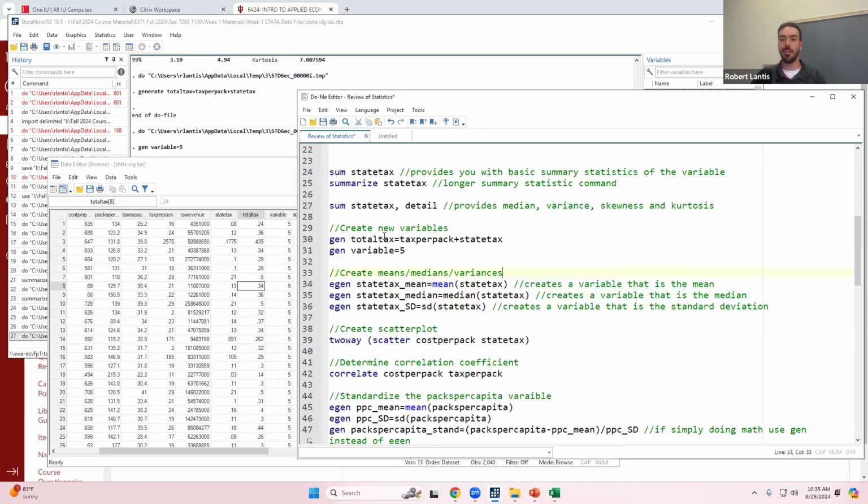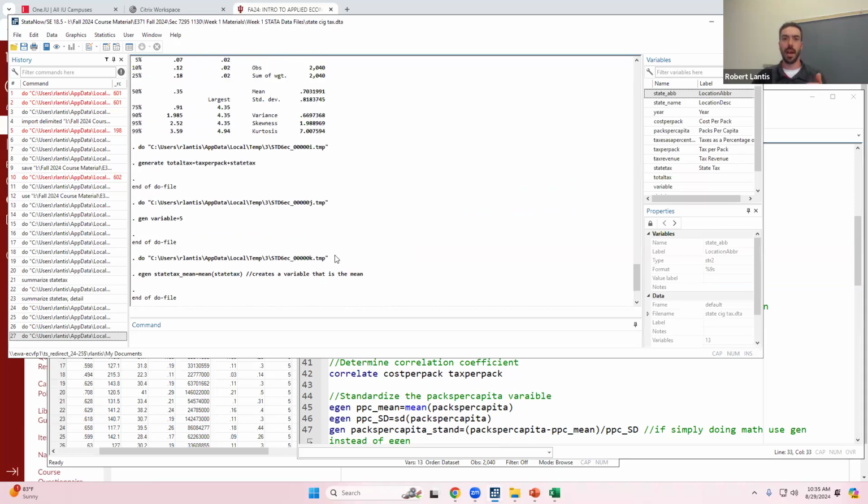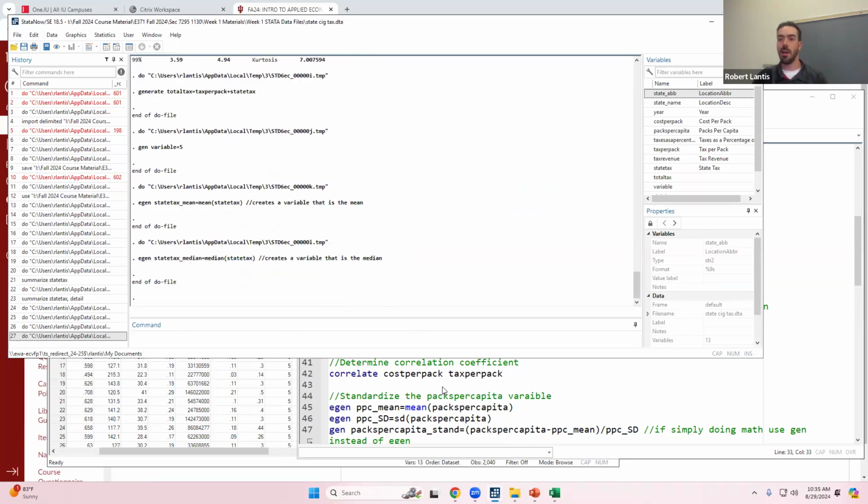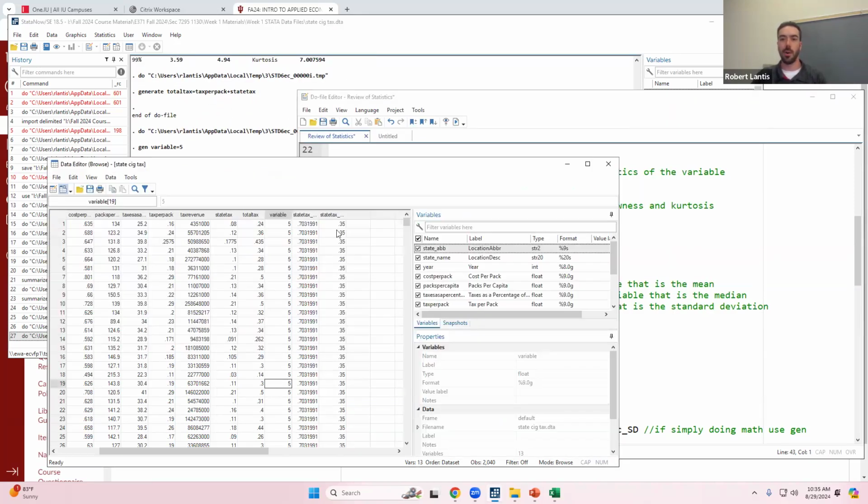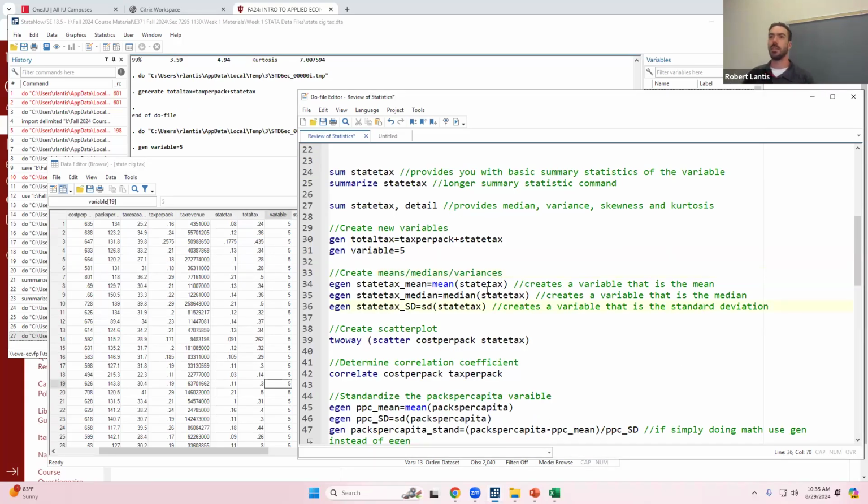For me, I often don't like to use the summarize command just because it's not storing those values. If I start running more code, I have to scroll all the way back up to see what they are. If I create them as new variables, I can always just pull up my data set and see them right there. So it's just more practical for me. Like I said, if I asked you for the mean, you could use either method, but in practice, as we go through the semester, I think you'll probably start to rely more on creating these variables if you want to find the mean.